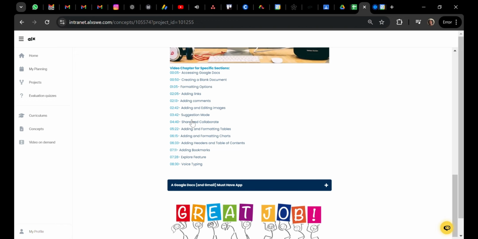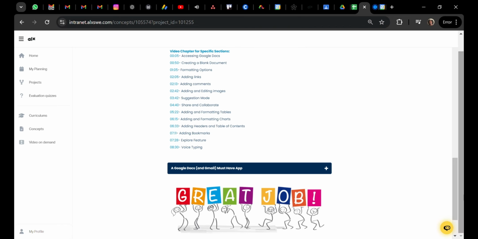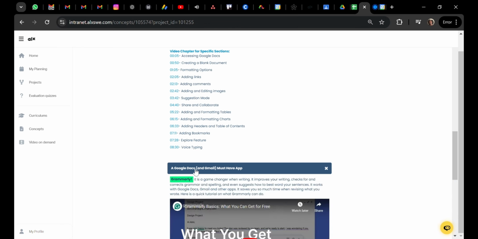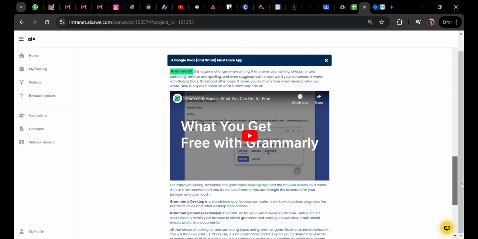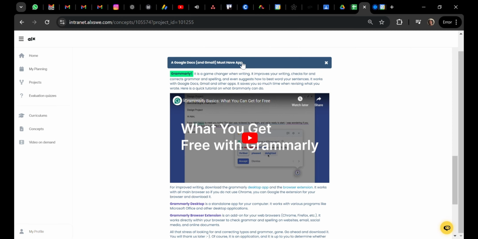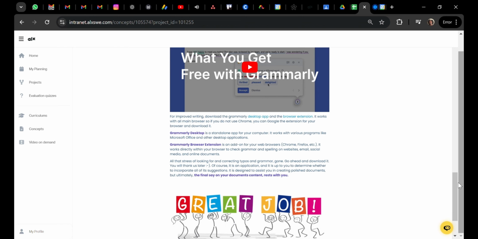So they've tried their best to make sure that it's easy for you to study. They have a detailed one, and they also have one that is simplified for you. So it's up to you to make sure that you've gone through all this. Make sure you go through this. They've briefly explained in some sections, and in others they've detailed everything for you. Make sure you go through that.